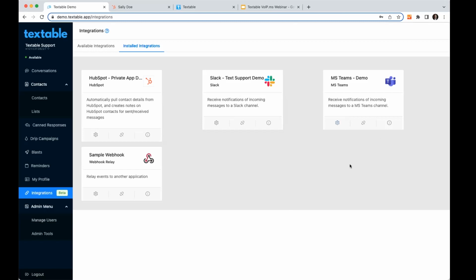There's a free trial. I think it's a 7-day trial. Even if you're just curious, you can sign up. You can go on wiki.voip.ms and look for Textable. We have a sign up link, and also all the integration guide that will show up in a second. So you can use that link and find the information to integrate to VoIP.ms all at the same time. Yeah, and I'd say that wiki is a great place to start. I reviewed it myself. It'll give you all the details, how to get signed up with Textable, how to get it connected to VoIP.ms, and all the details from there.